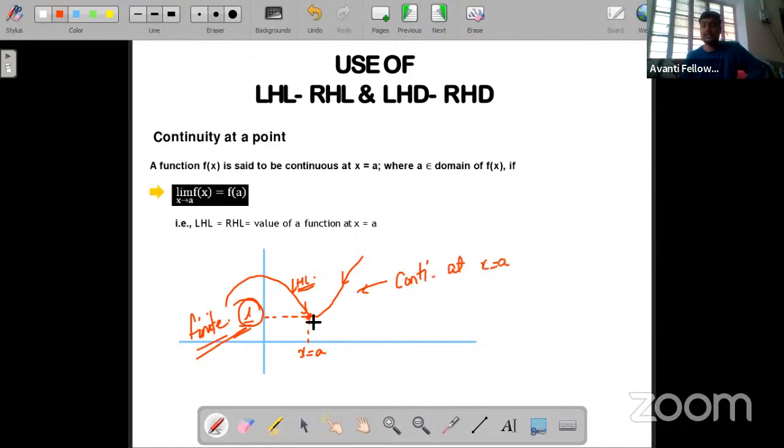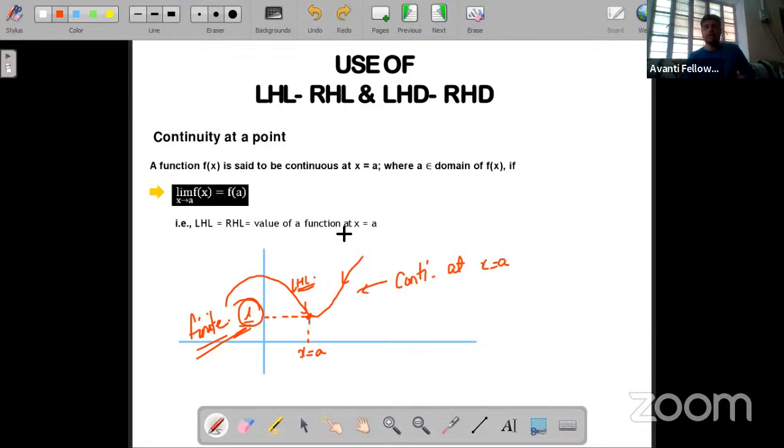If let's say we would be getting at x is equals to some other value, let's say we are getting not L, we are getting some value, let's say M. M can be either above L or below L. Okay, then what will happen? The function will not be continuous because we have to lift the pen, then we have to mark here. So the function will not be continuous in that case, right or not?